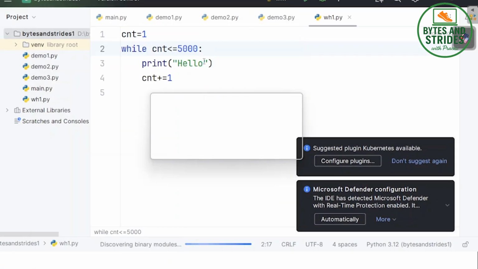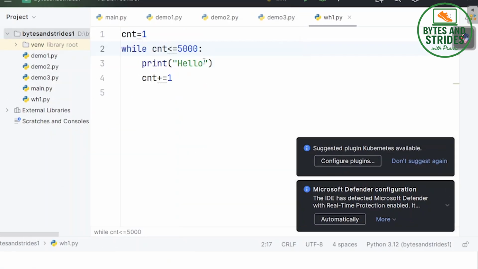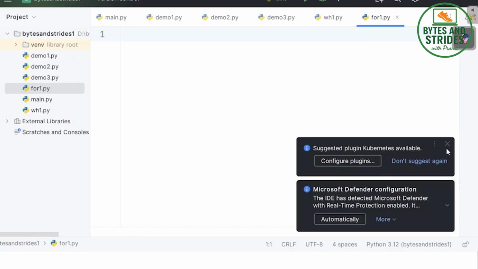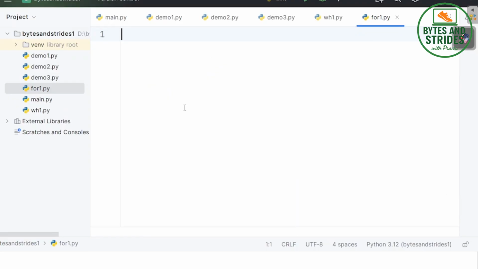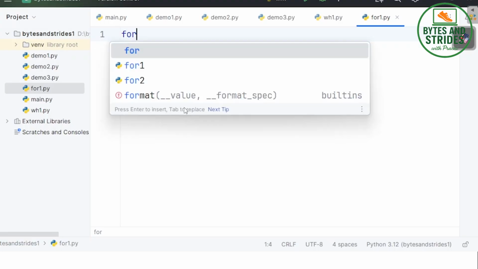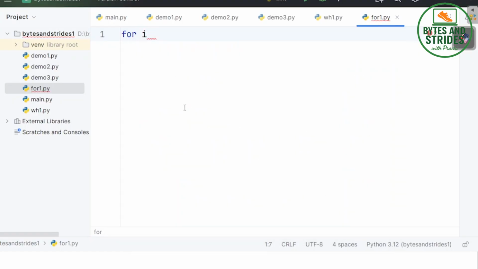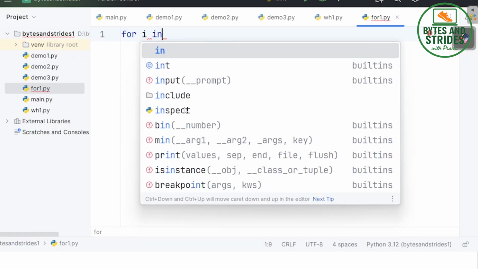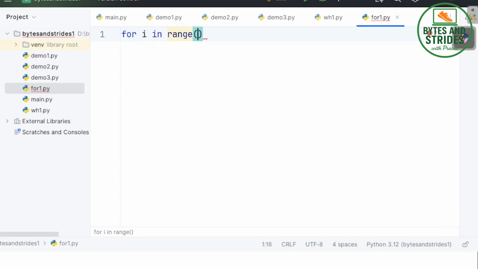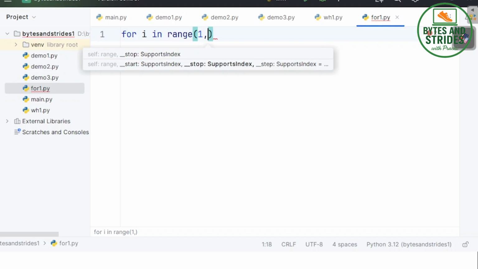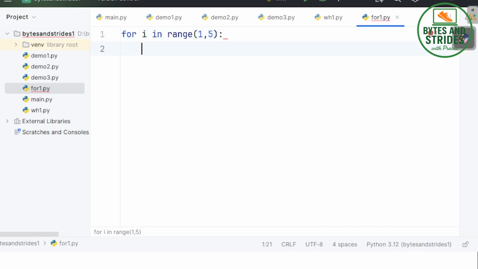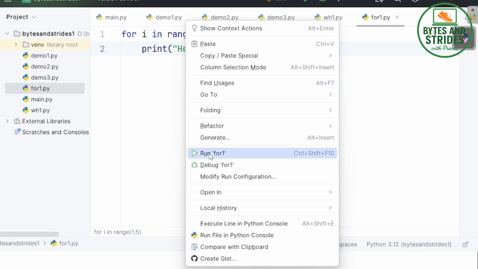Here we take a Python file. Say we want to print numbers from 1 to 10. How are we going to do that using a for loop? So we have the for keyword, any variable, say i, and now my i wants to go from 1 to 5. So I say in range and I give 1, comma 5. What I expect is it should print hello 5 times. That's what we expect. Let us execute this and see what happens.